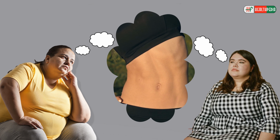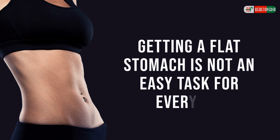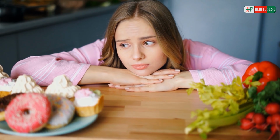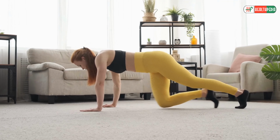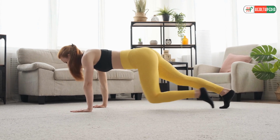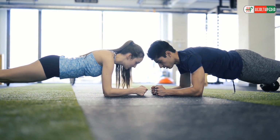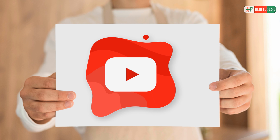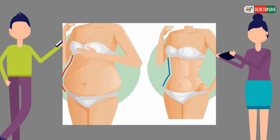So many people want to get rid of their tummy. Getting a flat stomach is not an easy task for everyone. It takes dedication, perseverance, and a couple of lifestyle changes to get a flat stomach in a month. But it's possible if you are committed. The best way to get a flat stomach is to perform some effective exercises regularly. In today's video, we will talk about 5 simple exercises that you should perform to get a flat stomach in